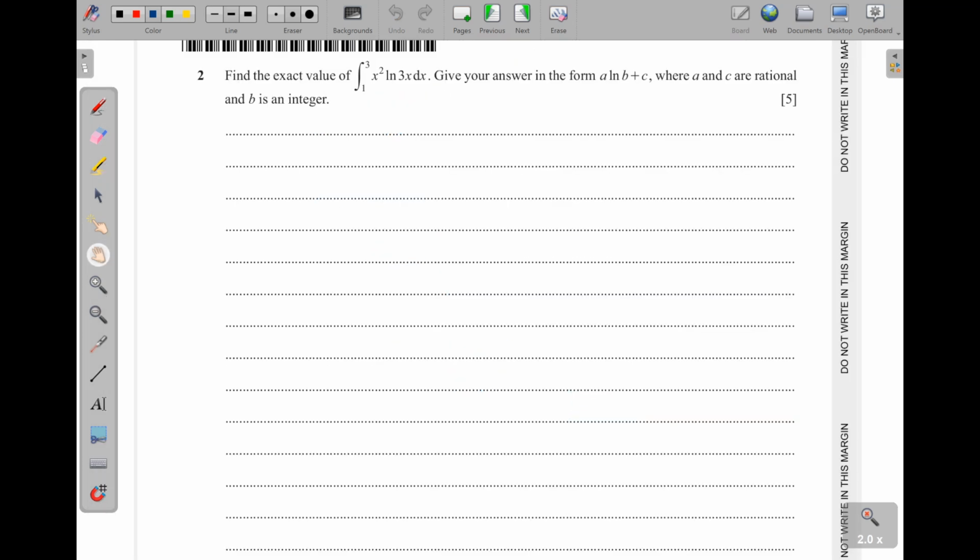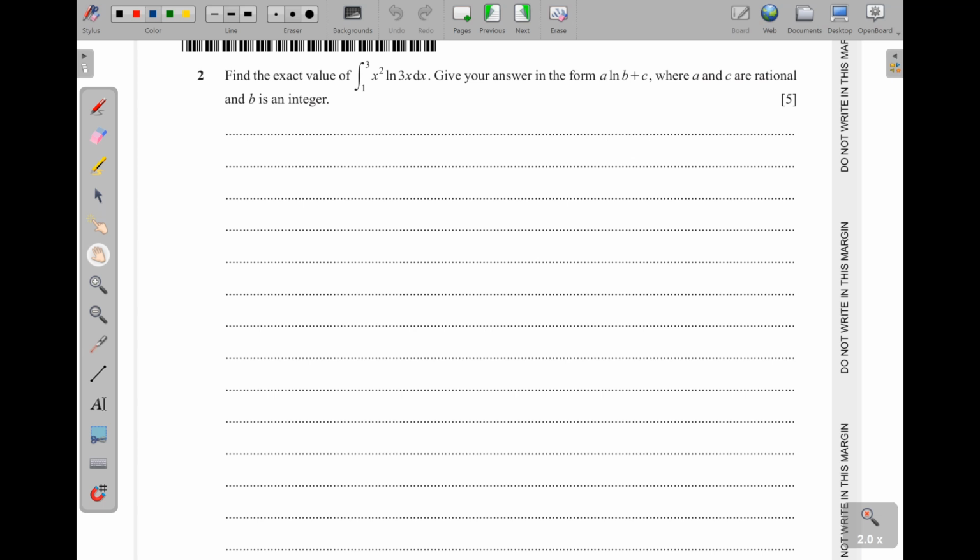Number 2, find the exact value of the integral from 1 to 3 of x squared natural log of 3x with respect to x. Give your answer in the form a natural log of b plus c, where a and c are rational and b is an integer. An integer is a positive or negative whole number, and then a rational number is the one that can be